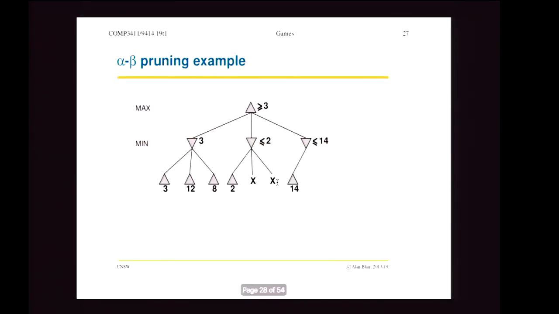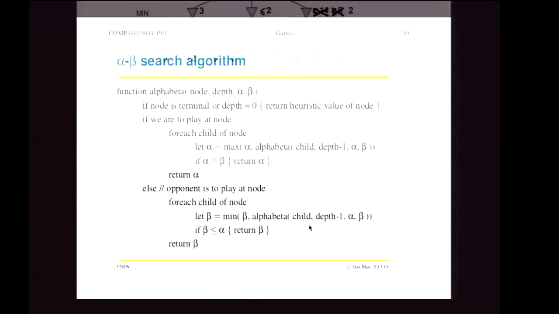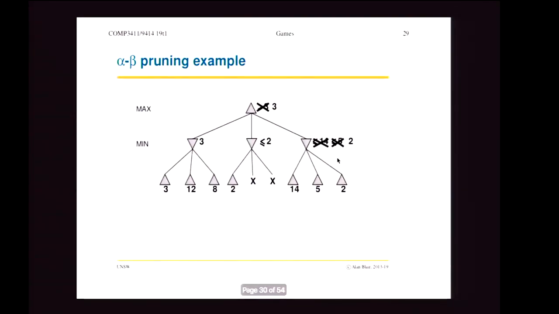Okay? Now, I can prune these off and just move over here. Now, when I get over here, because this is 14, I still don't yet know whether this is a good move or not. I might be able to get 14, so I have to keep exploring. It's only when I get to here that I realize, okay, this is a better choice than that one. Now, there's 2 things to note here. One is that